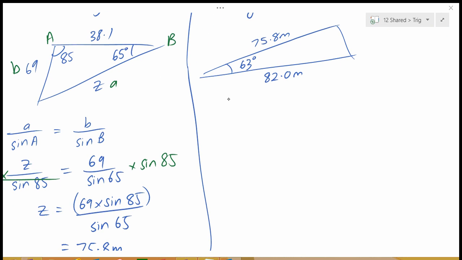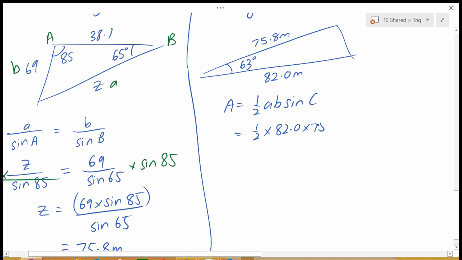The area is given by half AB sine C, so it's going to be a half times 82.0 times 75.8 times sine 63, and that gives us